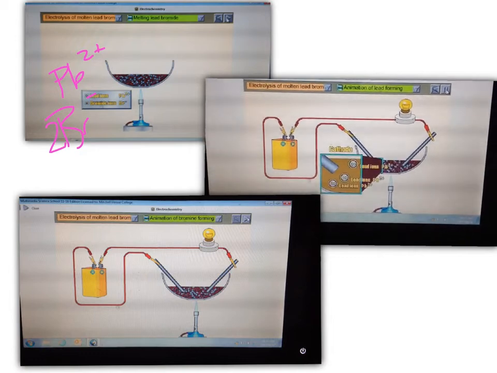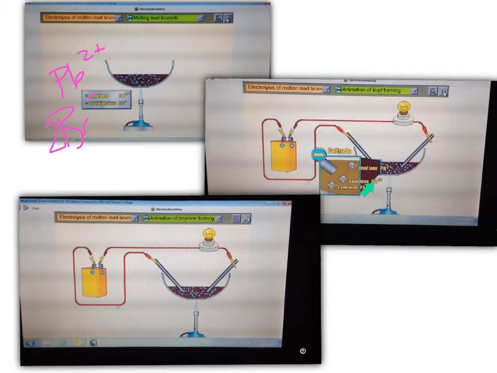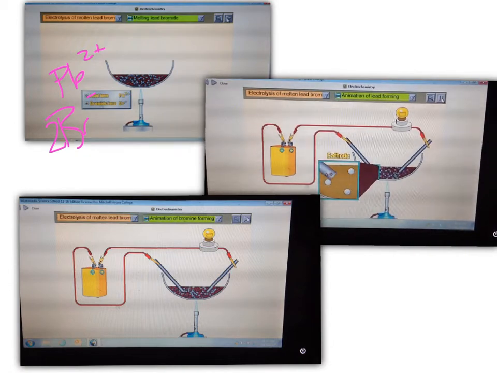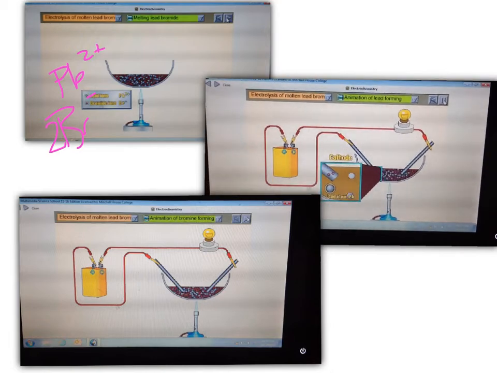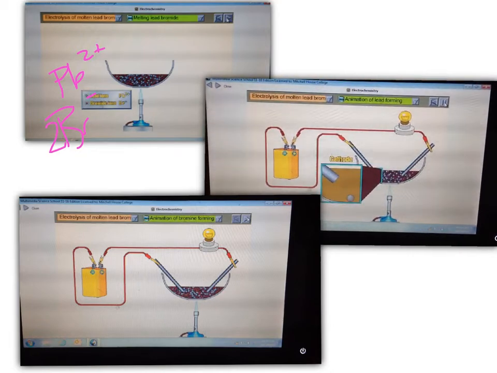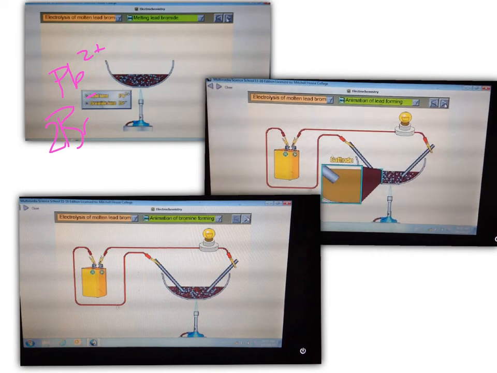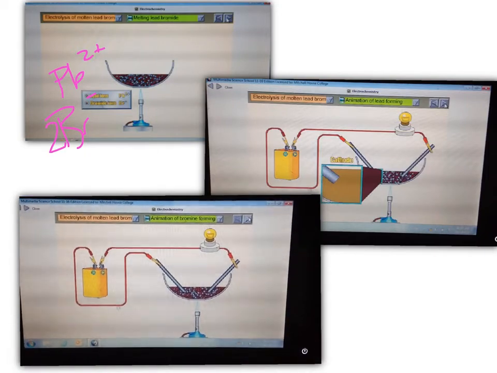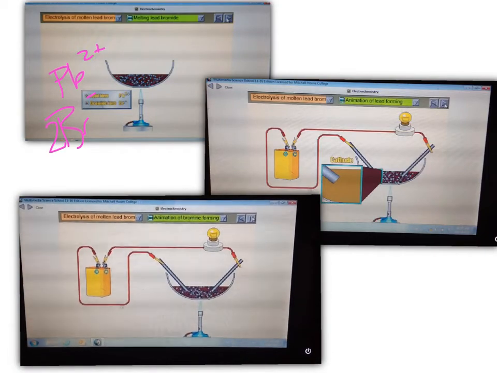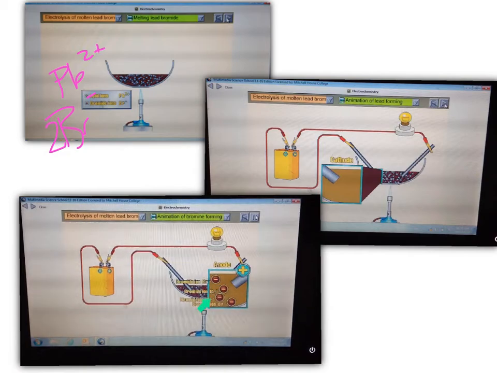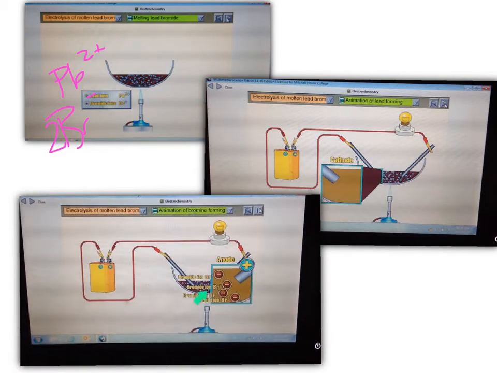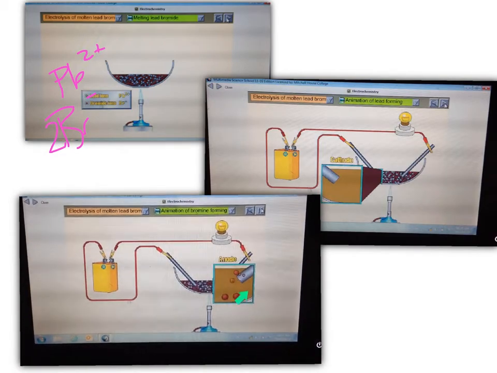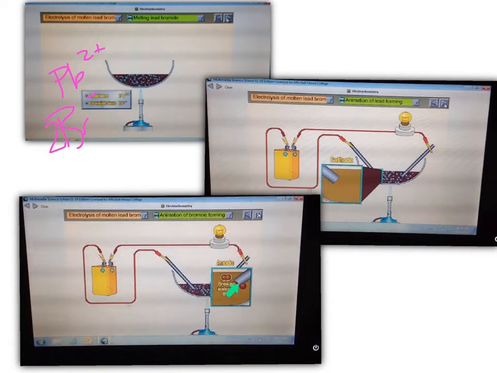So over here you can see that the lead ions, which are positively charged, are attracted to the negative. They gain electrons and become lead metal. The lead metal sinks to the bottom. Over here we are going to have the positive electrode. We get the bromide ions being attracted to that, and we're going to get bromine gas coming off